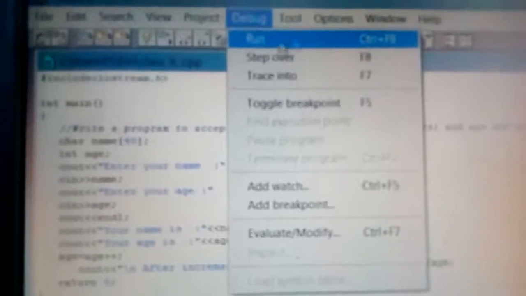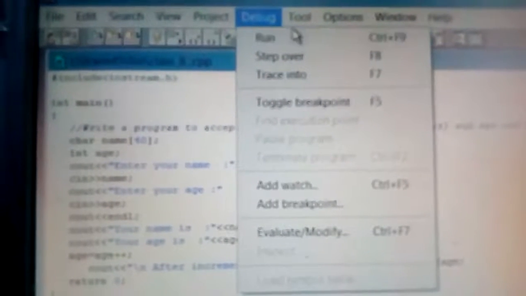Because this program is correct, it's giving success here, so I'm clicking over here. Okay, now you have to click on debug. I think all of you can see debug from this menu bar. Just click on debug and then click on the run option, or as a shortcut key you can press Ctrl plus F9. Similarly for compile you can press Alt plus F9.